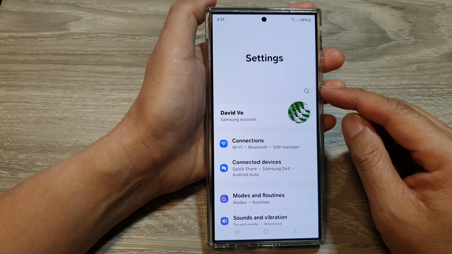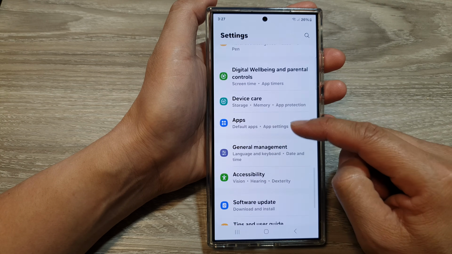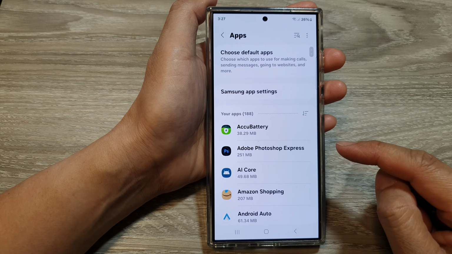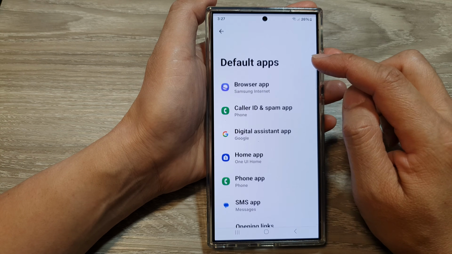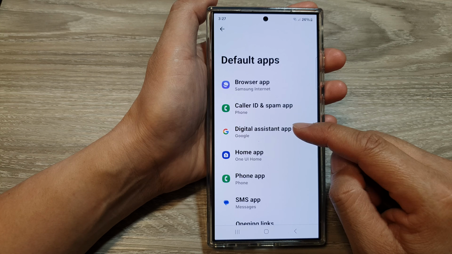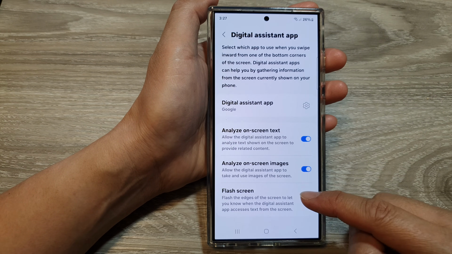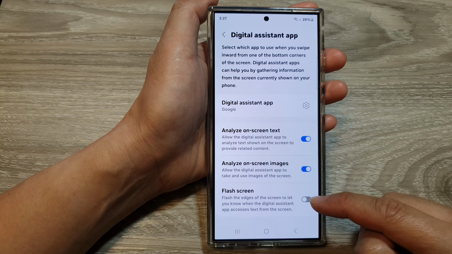Next, from the settings page, scroll down, then tap on apps. After that, tap on choose default apps and then go down and tap on digital assistant app. In here, go down to the bottom and tap on the flash screen toggle button to switch it off or